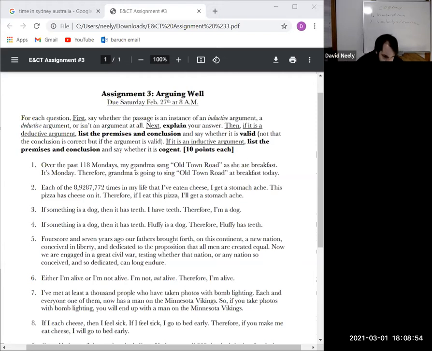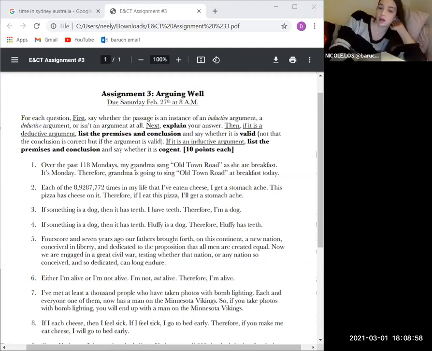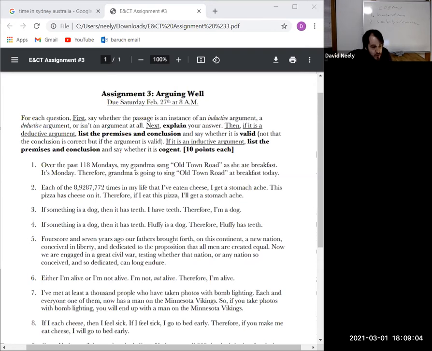You can imagine, how do we know it's not valid? What would we have to do? Test of what we just talked about 2 minutes ago. We could add another premise, like stating, for example, that dolphins also have teeth. Yeah. So all you have to do is think of one counterexample of something that has teeth that isn't a dog. So for instance, as a matter of fact, this is not a true argument because you have teeth and you aren't a dog.